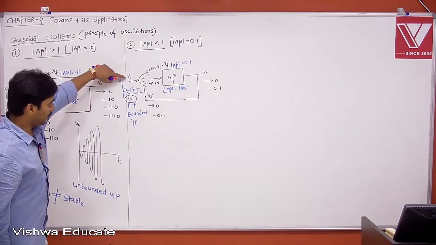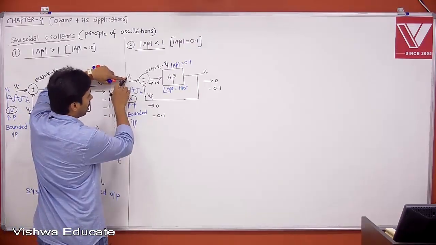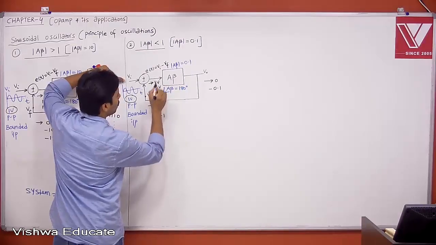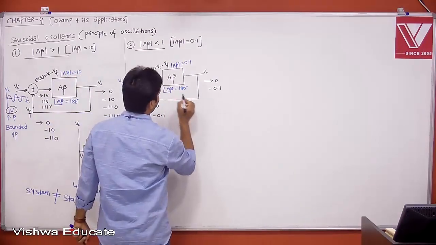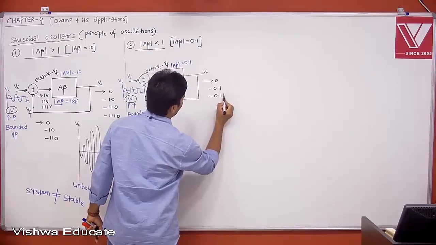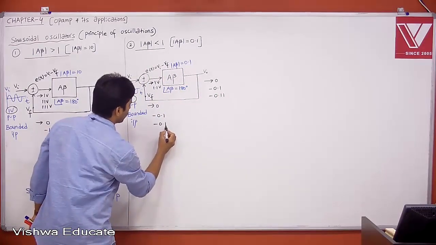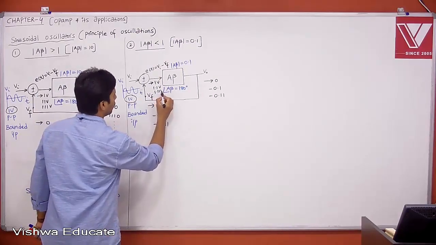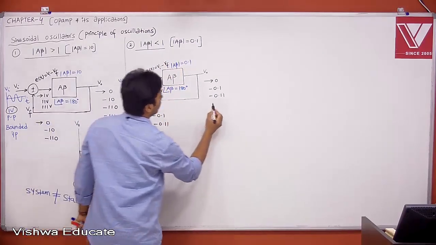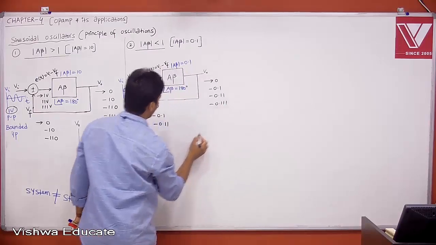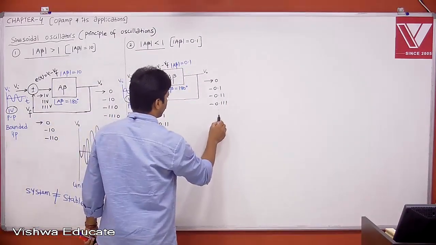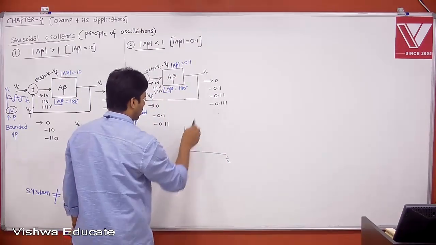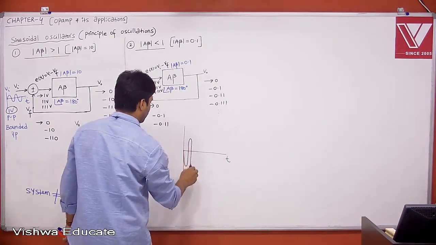Now input is always 1 volt peak to peak, which is bounded. Therefore 1 minus of minus 0.1 is 1.1 volt. 1.1 into 0.1, with minus because of 180 degrees, is minus 0.11. That you fed back, minus 0.11. 1 minus of minus 0.11 is 1.11 volt. 1.11 into 0.1 gives minus 0.111. Therefore, and so on. If you plot your output against time t,